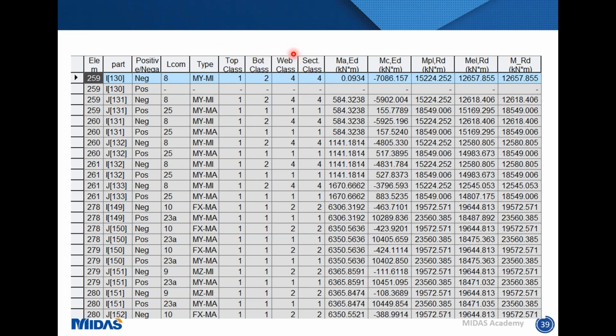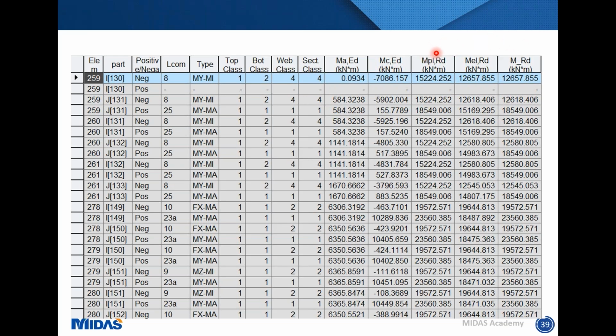So you'll note for the hogging load cases, my section for the most part is class 4, whereas in the sagging scenario, the section becomes class 1 because the compression flange in that scenario is being restrained by the concrete. So the software is picking that up, and then within this analysis where you're looking at MA, this refers to your total loading before construction, and then MCED is your after construction loads.